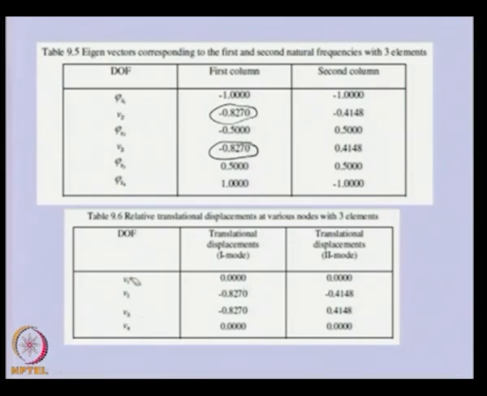We already know at nodes 1 and 4, because it is a simply supported end condition, the displacements are 0, so that we can add here. Now you can see for 3 elements only 4 nodal displacement values are there, and with this if we plot the mode shape,